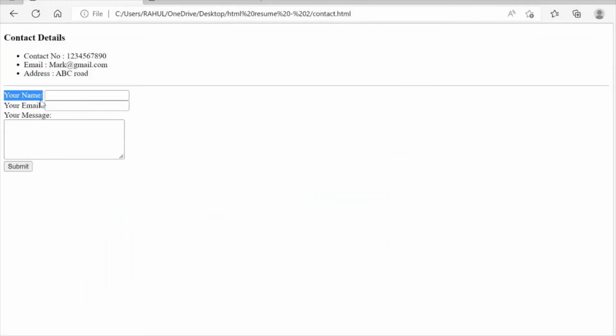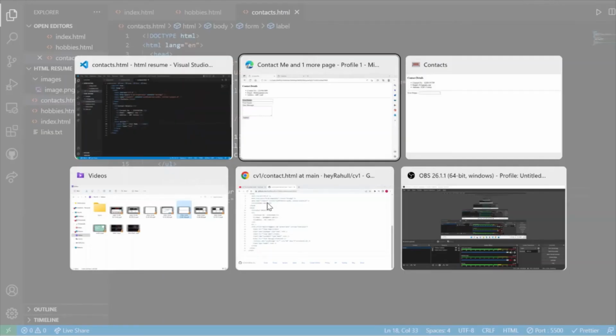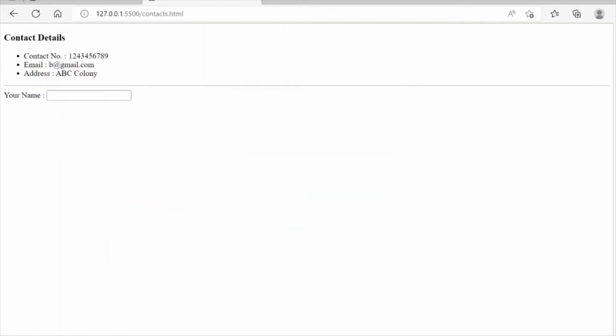So your name is the text that we need on our website, so I will add your name. And once this is done, in the input type I'm going to keep it as text, because I want a text box for input. When I click on save and visit my site, you can see a similar kind of input field with the text is displayed, right?